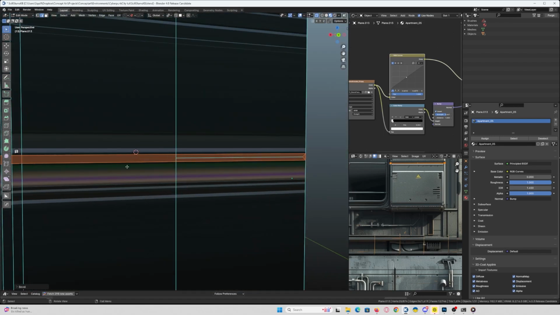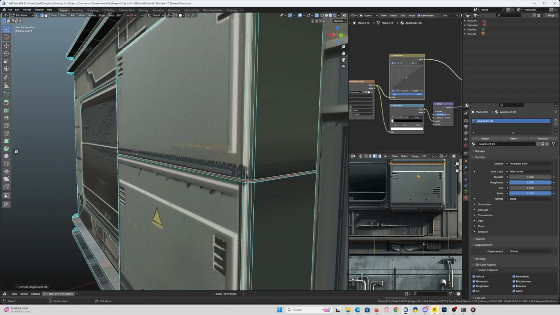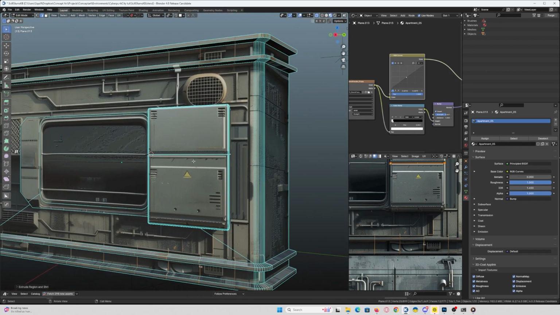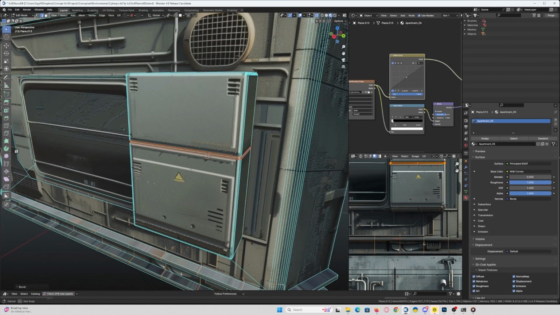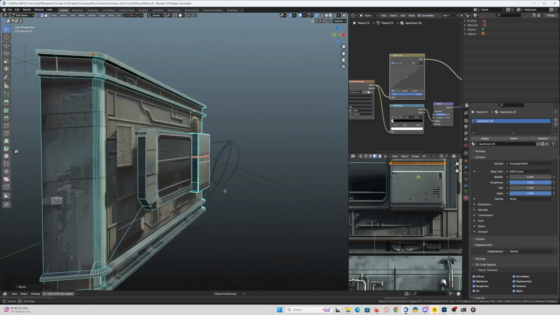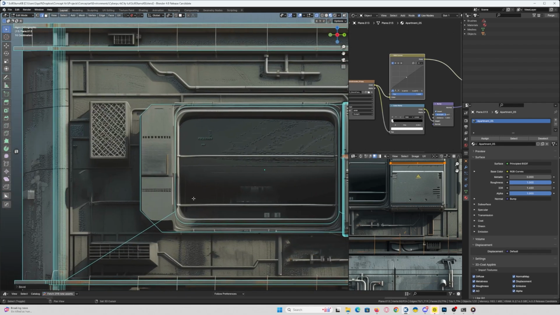Okay, so for some reason those edges are not connected, but I don't really care about that, as long as it gives me the desired effect. There we go. We'll give that a chamfer. Cool. Now we can